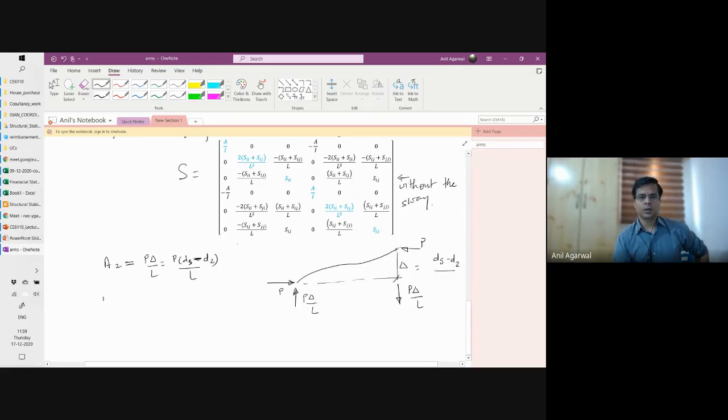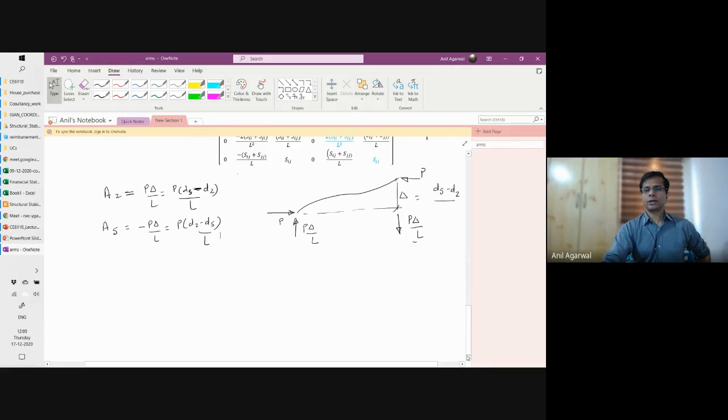And A5 is 5th, right? Yeah, A5 will be equal to, since it is in the opposite direction, downward direction, I'll call it minus P delta by L. That will be P (D2 minus D5) divided by L. Okay. So now I've got the additional terms of A2 and A5 in terms of D2 and D5. Okay. So the additional stiffness matrix, that is for sway,